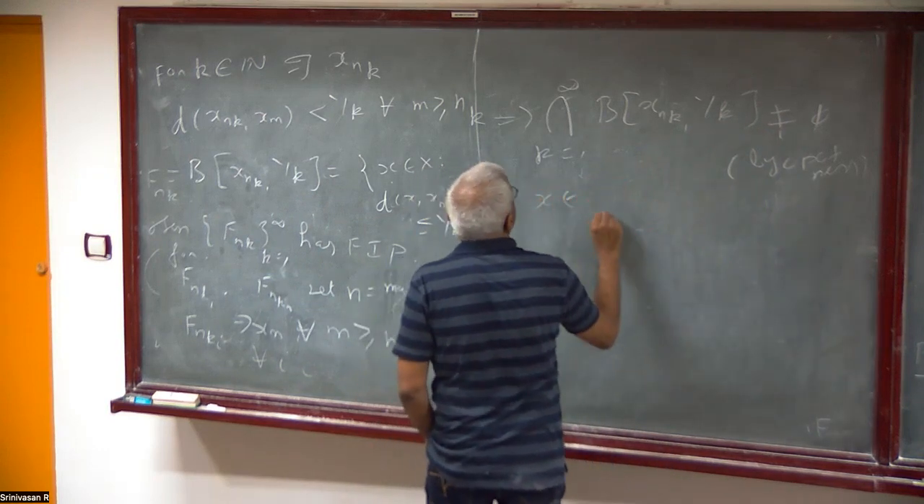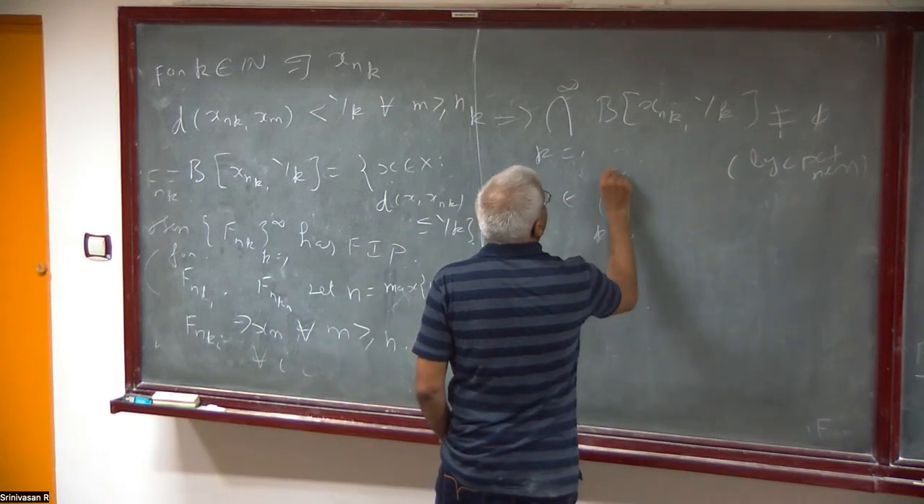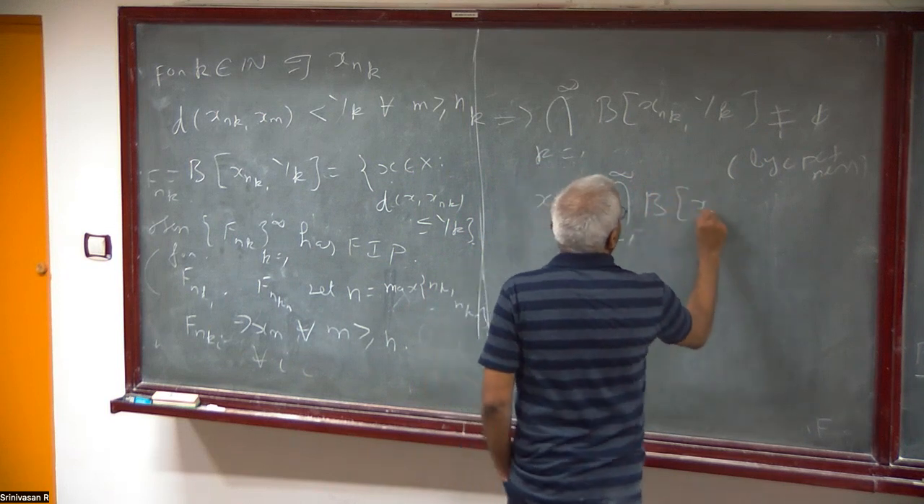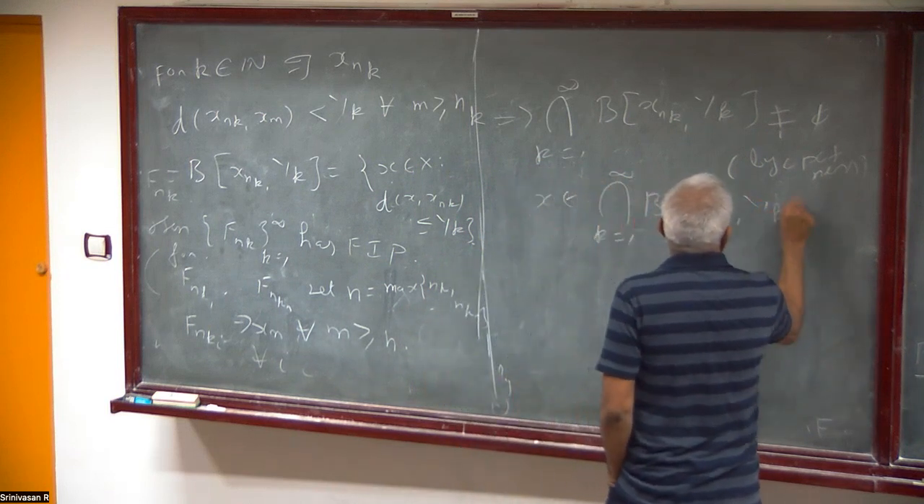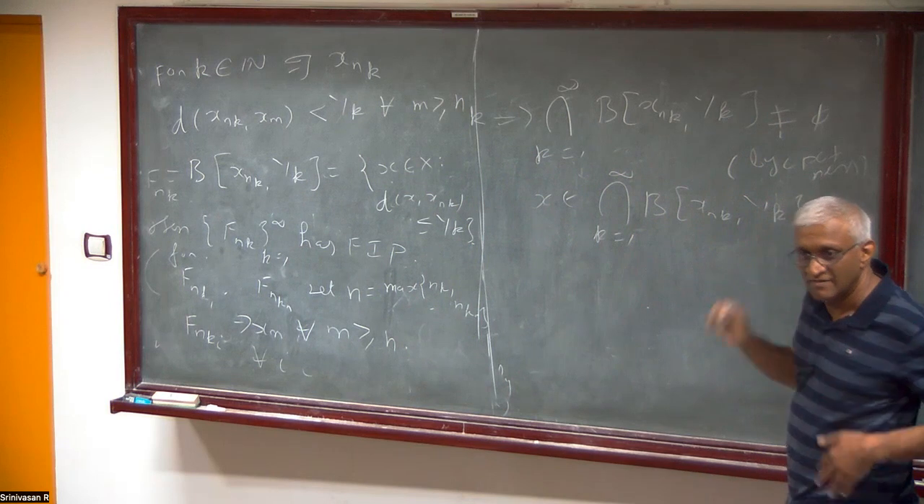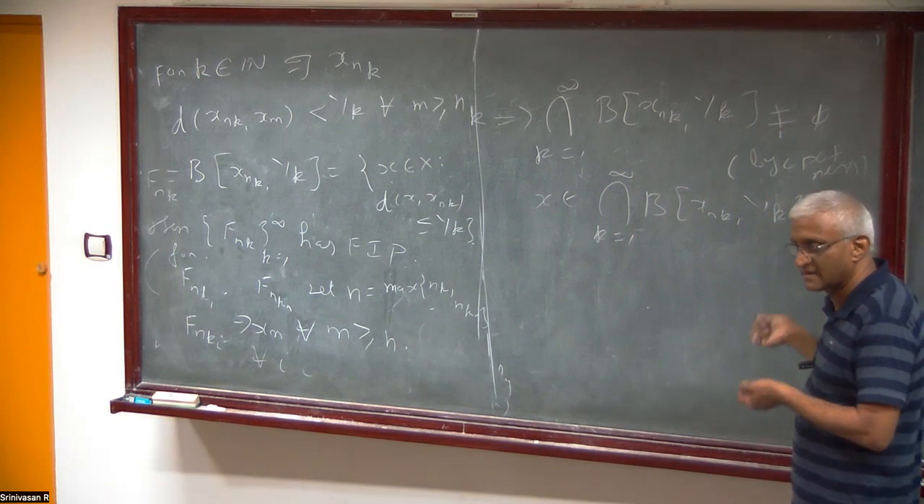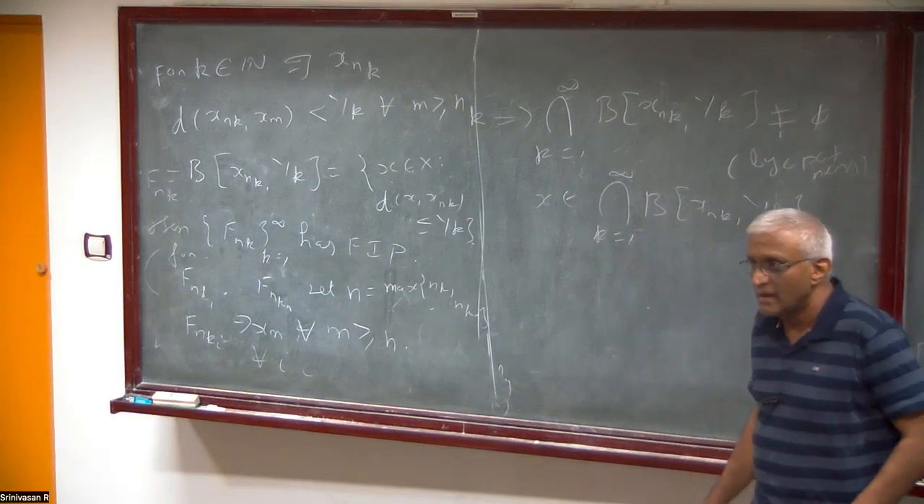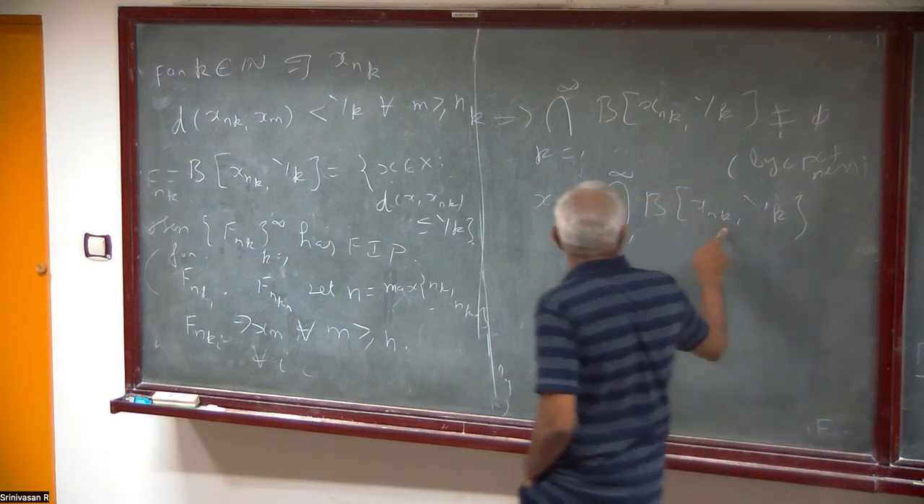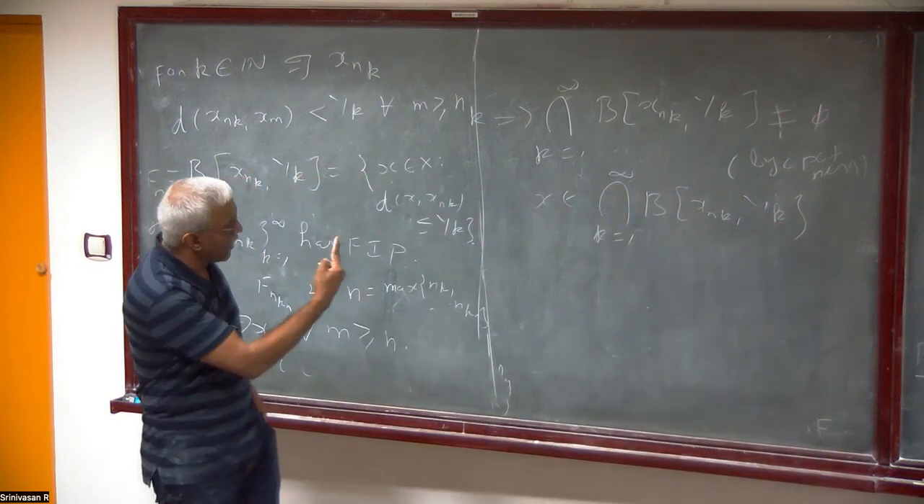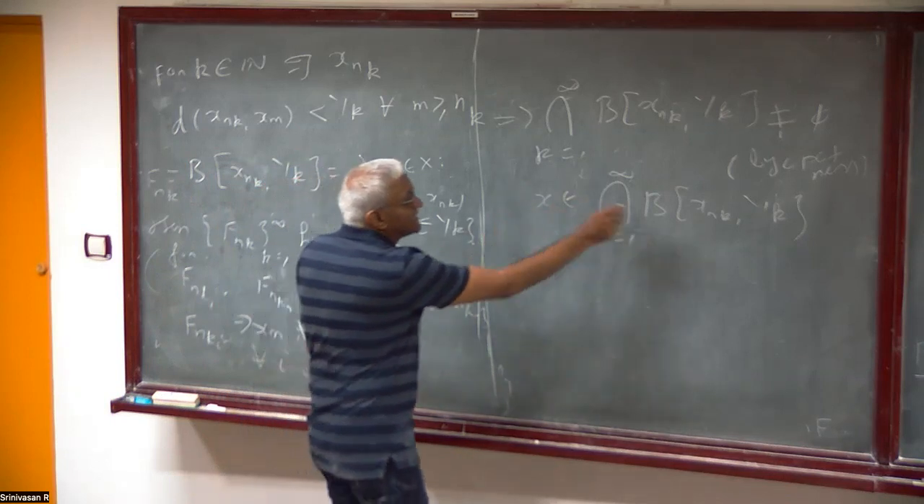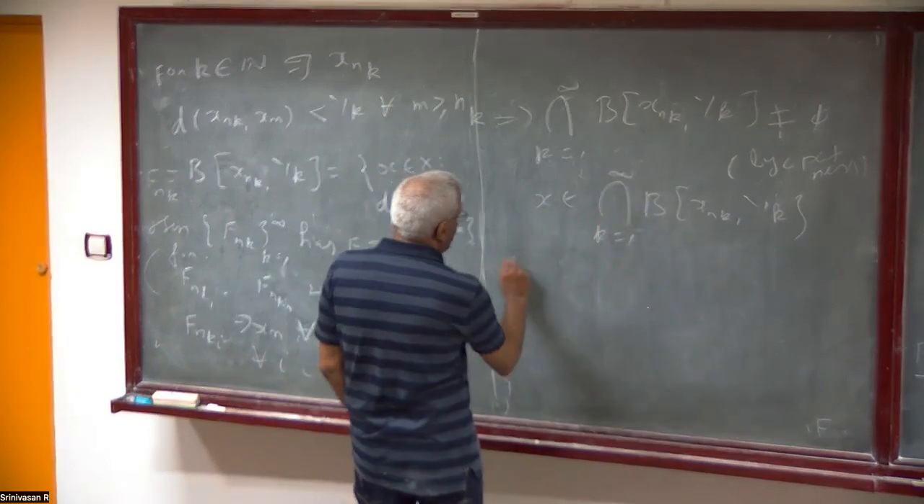Let x be in this. P of x and k, 1 by k. There can be only one x. We will see it later. Something called Cantor intersection theorem. We will see it later again. Because the diameter is shrinking, there can be only one. And this x is in this. The claim is